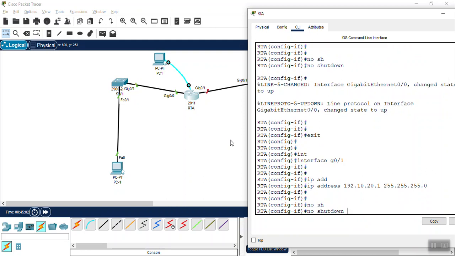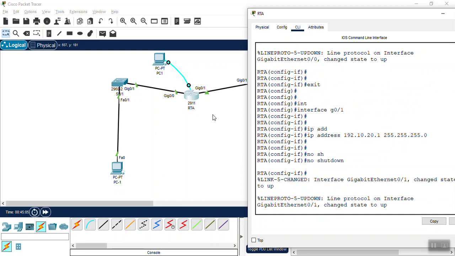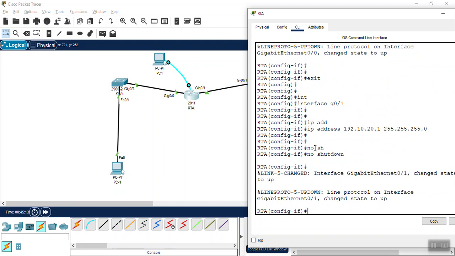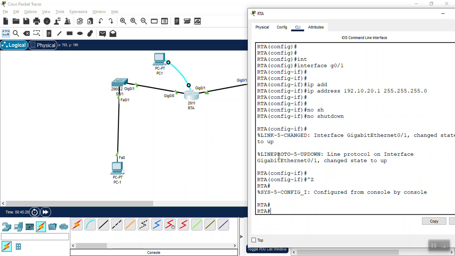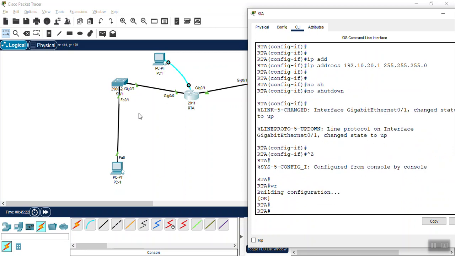No shutdown command is important to enable the interface. Now you can see your interface changed state to up. It means it is enabled, right? So these are the IP addresses that we have configured on the router. Then Control Z and WR for saving the configuration.